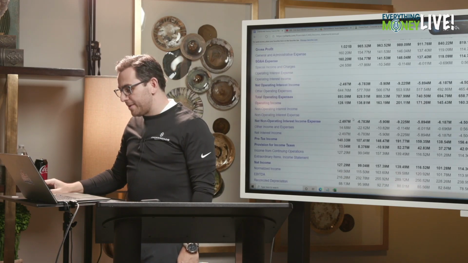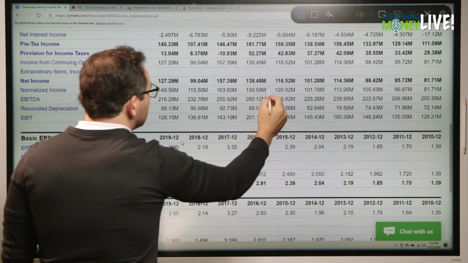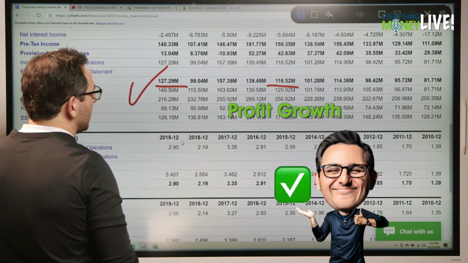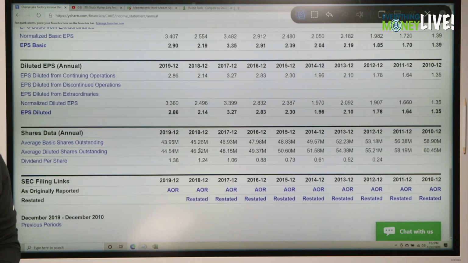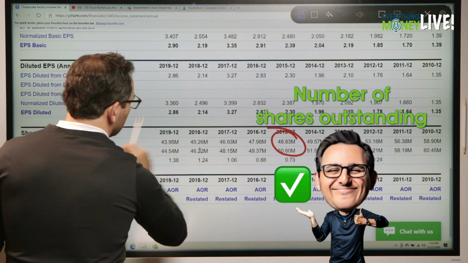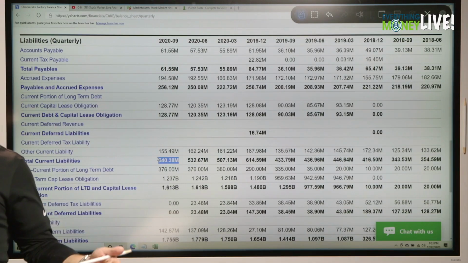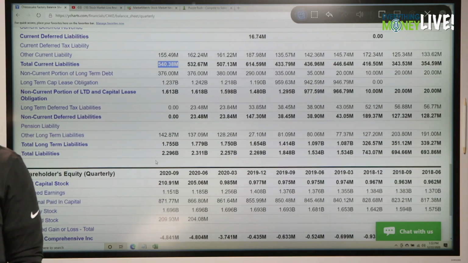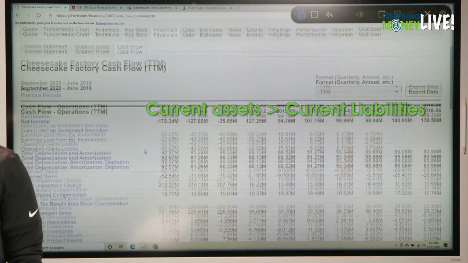So anyhow, profit. So this is before the pandemic, guys. 116 to 128, check mark there. Okay, and then shares outstanding, 48.8 million down to 44 million, check mark there. Check mark there as well, the shares going down. Let's go to current assets greater than current liabilities. Current assets, 411 million. Current liabilities, 540, which seems to be pretty spot on for restaurants. They tend to have less cash on hand than liabilities. So that's an X for Cheesecake Factory.